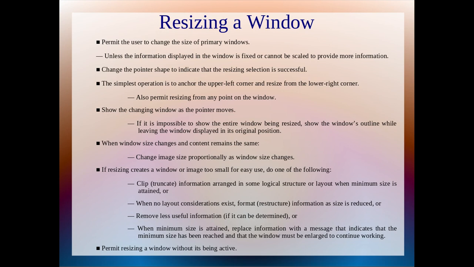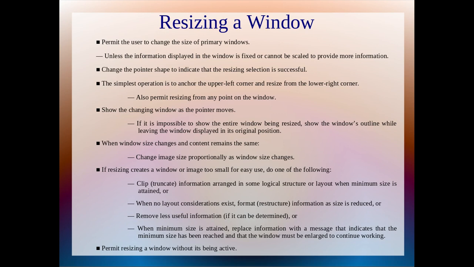in its original position. When the window size changes and content remains the same, change image size proportionally as window size changes. If resizing creates a window that is too small for easy use, do one of the following.